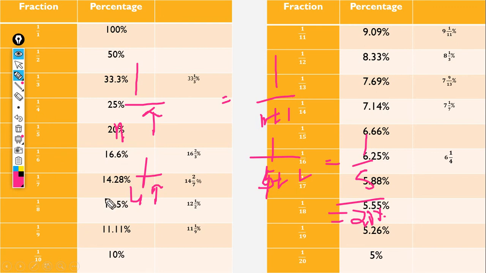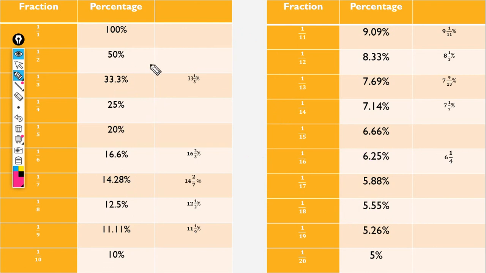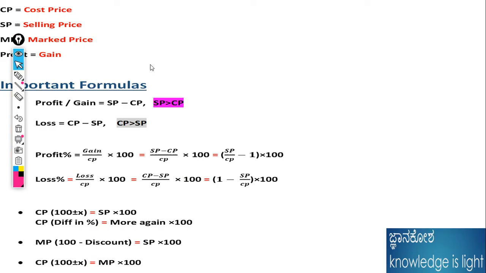Like that, we need to remember, if the value is decreasing, there should be n minus 1, that means the values are increasing. Let's see, 1 by 4, 4 is the number, compared to this 3 is increasing. Like that, we need to remember, if any problem is coming with an increase or decrease, directly we can find the value with this n plus 1, n minus 1 formula. Okay, let's come on to the session.